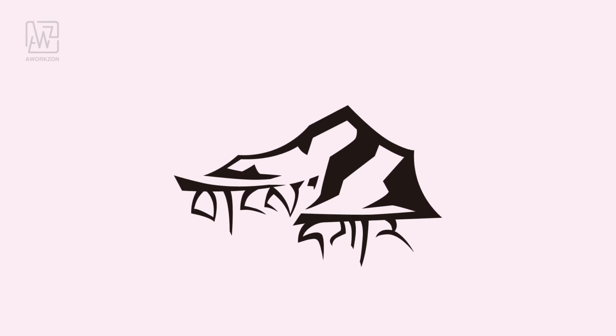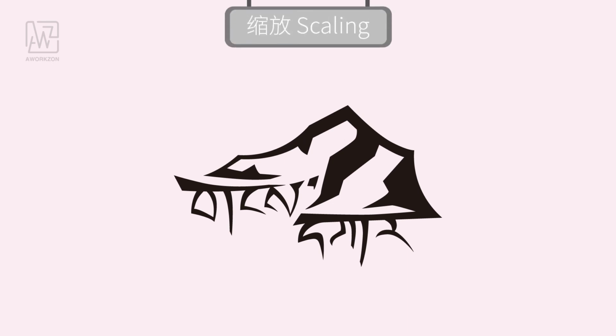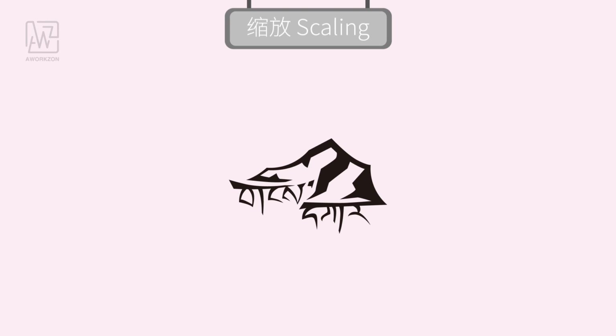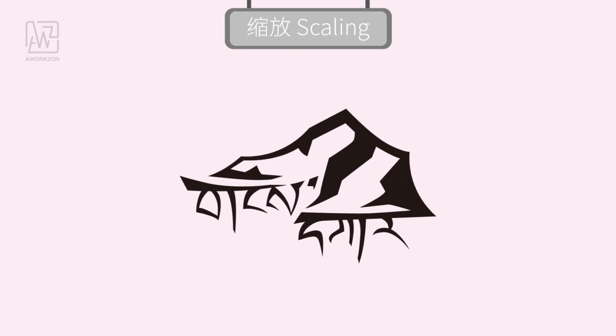The delivery form of a logo should be a digital file, which is operable and well organized. So we have to do some corrections before we deliver the final artwork. We have to consider whether the logo is still in ideal shape when it is scaled up or down. If not, we should do some adjustments.